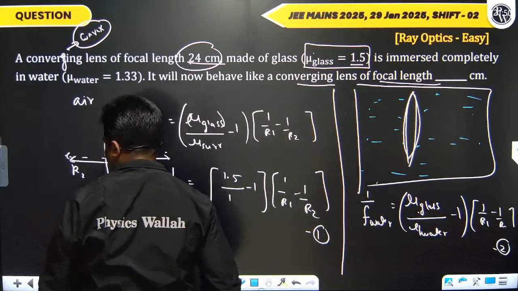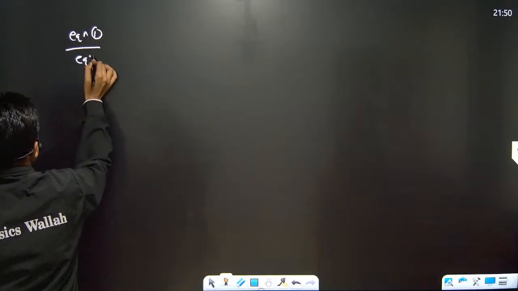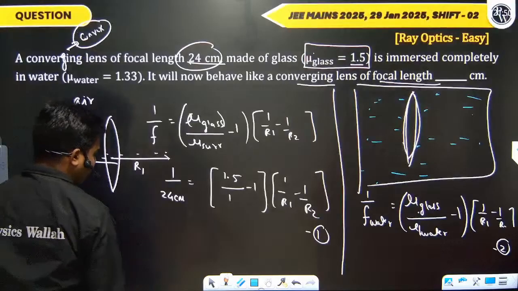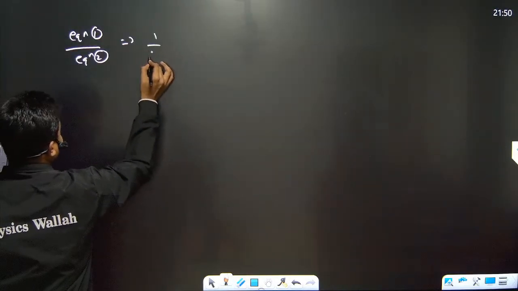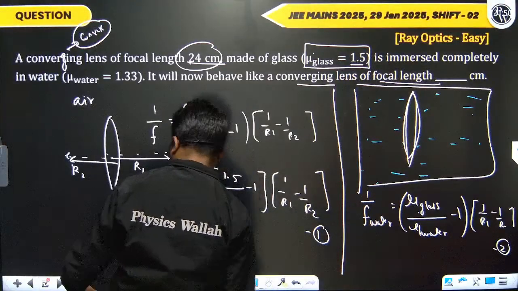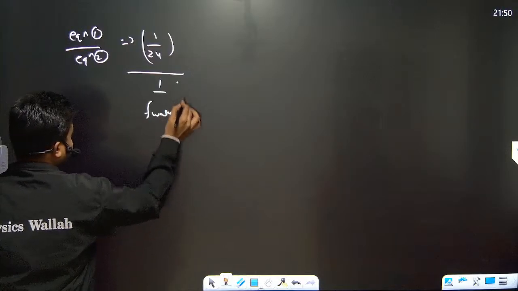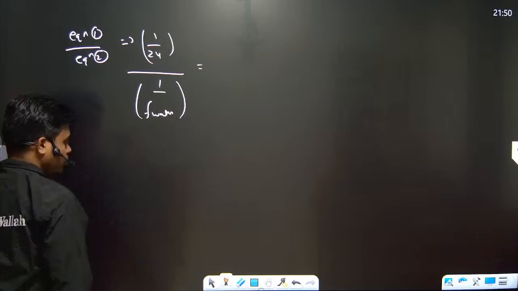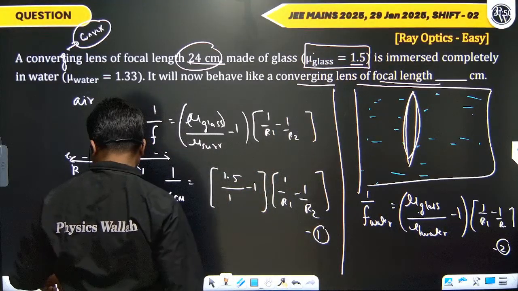So you can check it: left hand side 1 by 24 divided by 1 by focal length in water, and this will be given by 1.5 minus 1, that is 0.5,